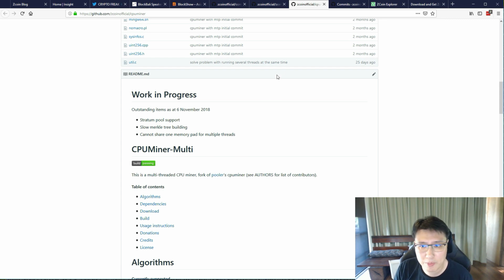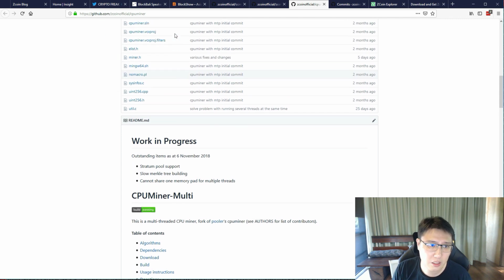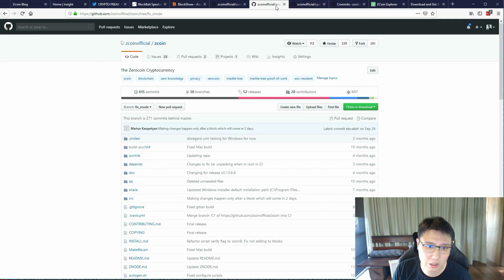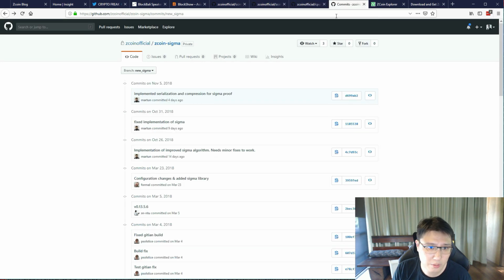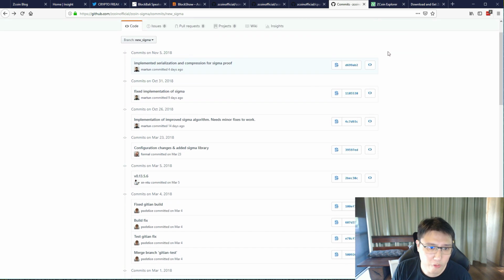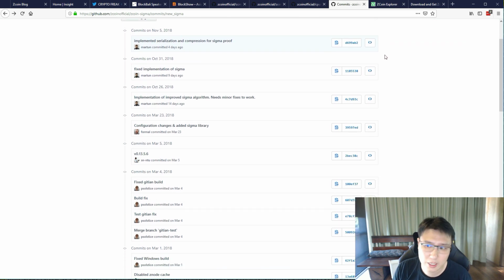Some of you have also been asking, what's happening with Sigma? Remember, Sigma is supposed to reduce sizes drastically, and also remove the need for trusted setup. So it is a replacement to Zerocoin, and it has a lot of nice features. We've made a lot of good developments here. I spoke to Martun, who is the guy developing this, and he has